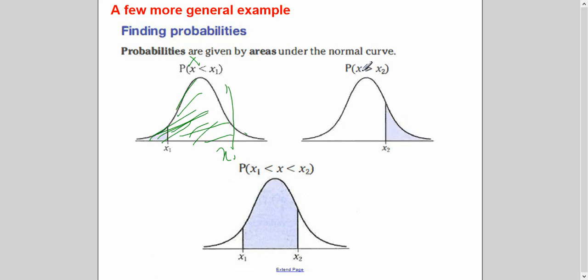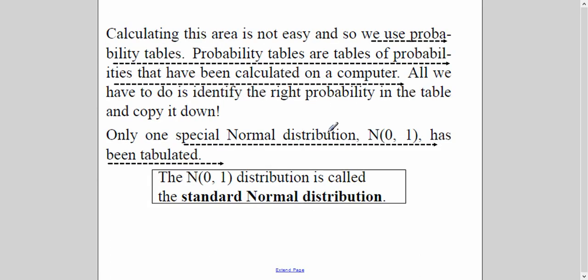And here, if it is saying X is greater than X2, now suppose the value of X2 is here, I'm interested in the area on the right hand side because I'm saying greater than. If I say the probability of X is in between X1 and X2, then the area covered between the two values will be my probability. So this is a general understanding of the notation, which area of the diagram you have to find out. And we will see it later in a while.